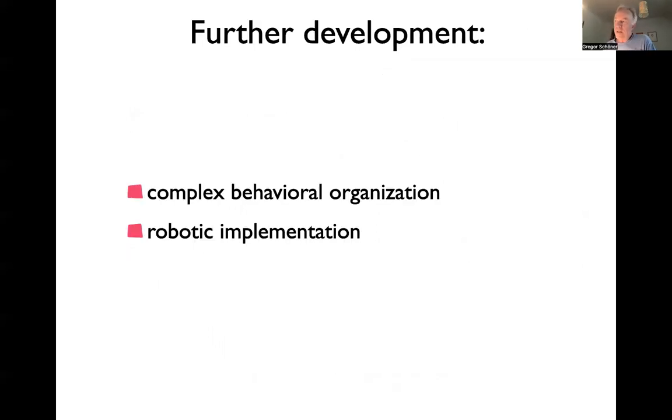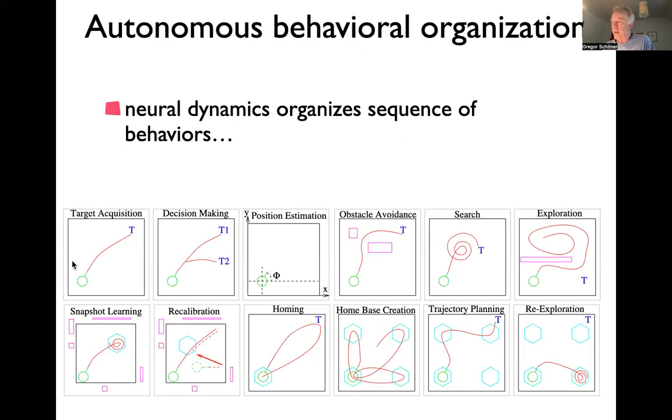And later we expanded this, and again, I'm just hinting at that. So for instance, we had a system that had a lot of different behaviors. All of those behaviors were done by dynamical systems. So not only target decision, but also selecting among targets. This is what I just showed you. Obstacle ones, it has some search, spiral behavior. If it's lost, it would try to search. We had some exploration behavior, the actual snapshot learning, and